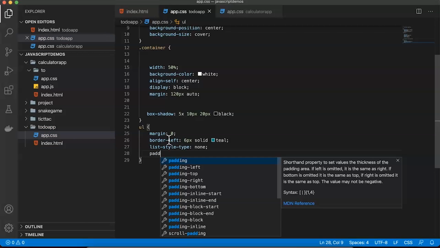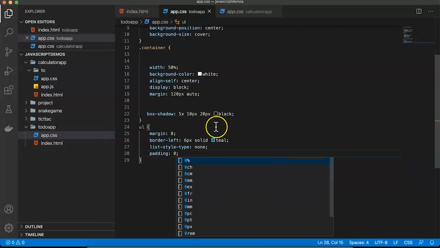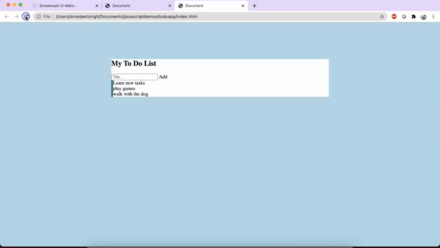Next, padding 0. Let's take a look. Better. Okay. Now,